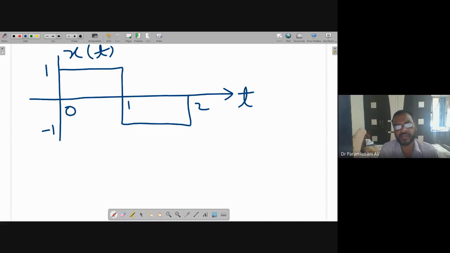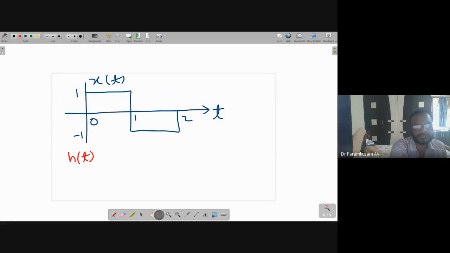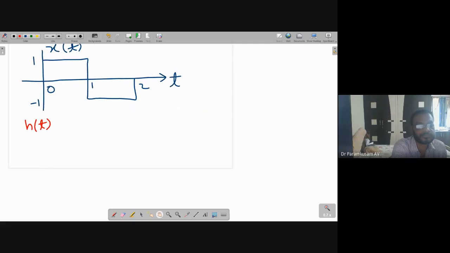A matched filter ki ee signal apply chesi. Then what is the unit impulse response of that matched filter? Chapande. H of t ki expression enti? H of t is equal to